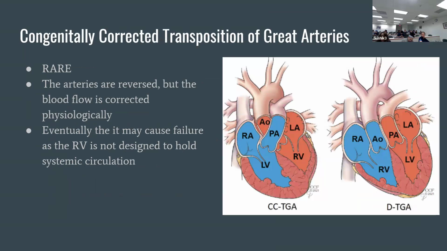Okay, so this is wild. This is congenitally corrected transposition of the great arteries. This is extremely rare, but this is when the arteries are in the wrong spot, but the body has flipped which side is oxygenated and which side is deoxygenated. So they're